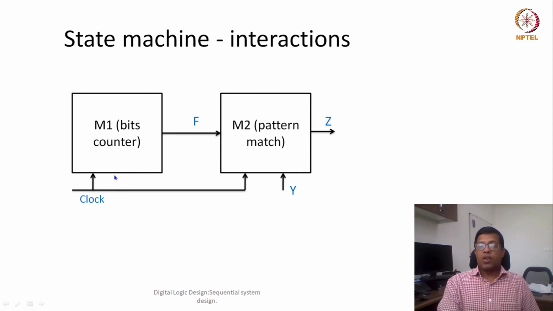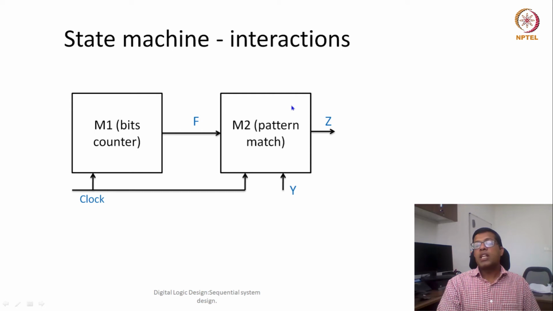Now both of them are given a clock signal. The first one is just trying to remember how many bits have already come, and because we are assuming here that every cycle there would be new information, it doesn't require to know whether the information is 1 or 0. So the only input is clock. At every edge of the clock, it can say which particular bit it is. So it will keep on counting, so this can be implemented using a counter.